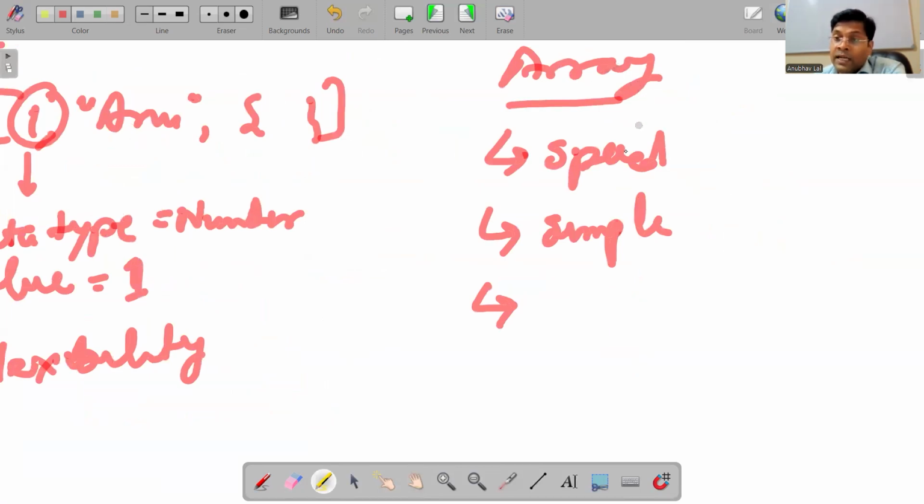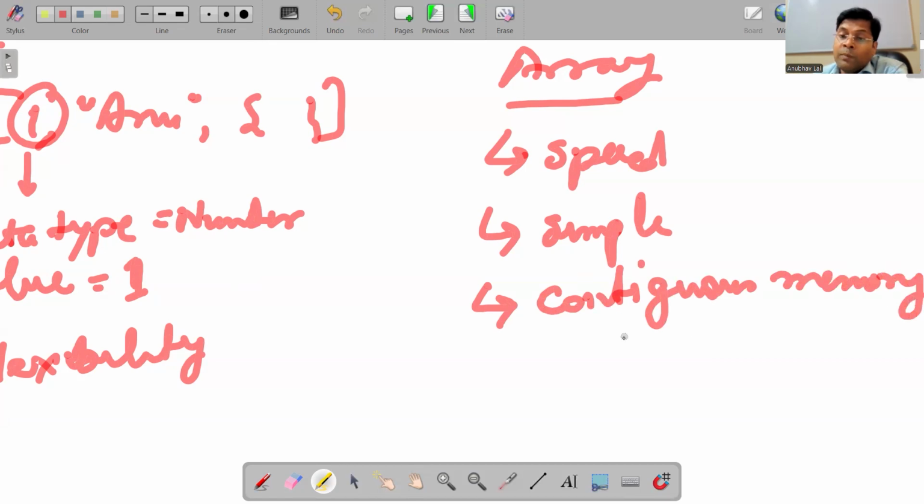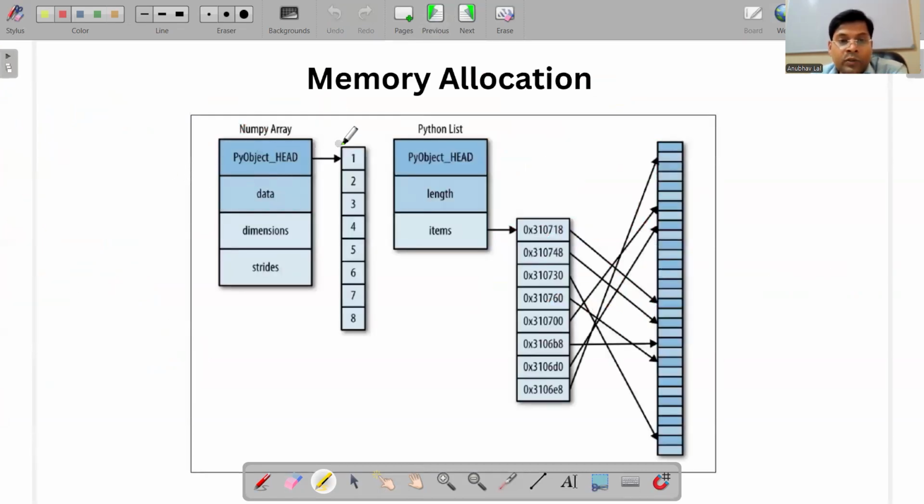The memory allocation was made even simpler due to the fact that the architecture of memory allocation in an array is such that the data is stored in contiguous memory only, which means you only need to save the first pointer, and all the remaining data can be easily accessed, because all the memory is contiguous. I'll show you a brief image of that. Okay. So in an array, you just need